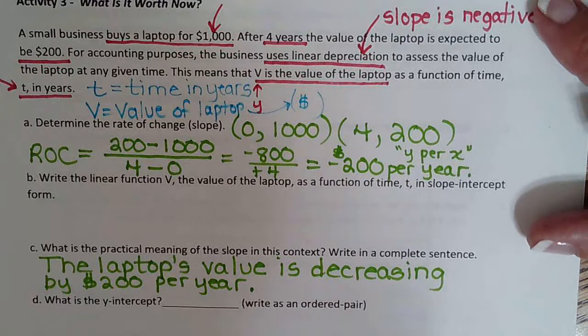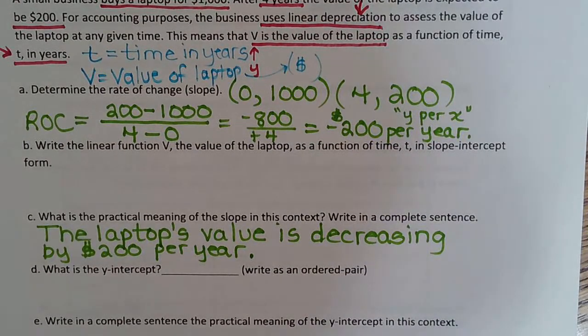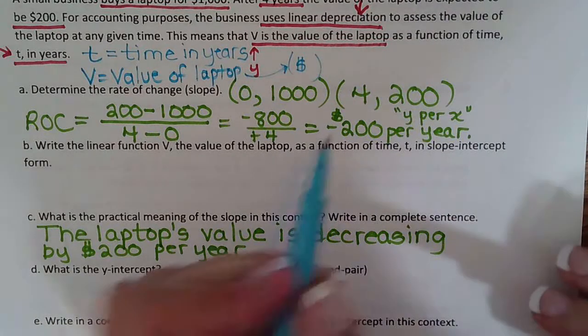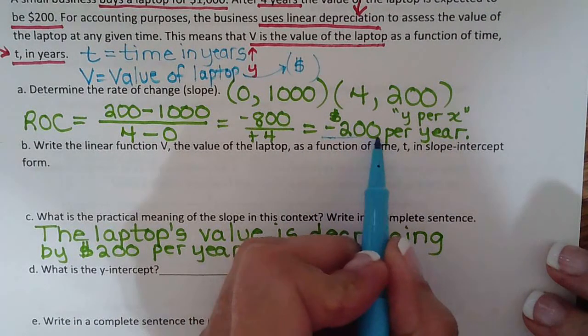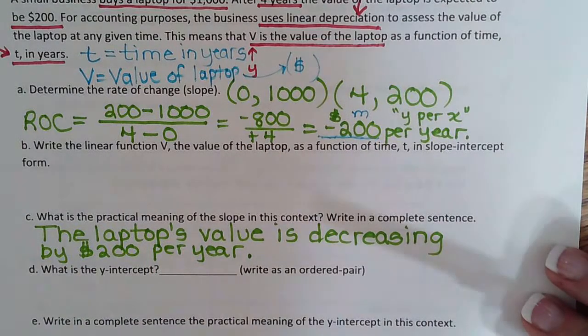Write a linear function. Okay, so to write a function, we need to have a y-intercept and we need to have a slope. So I'm saying we have a slope. This is our m, right? Do we have a y-intercept? I'm looking for a